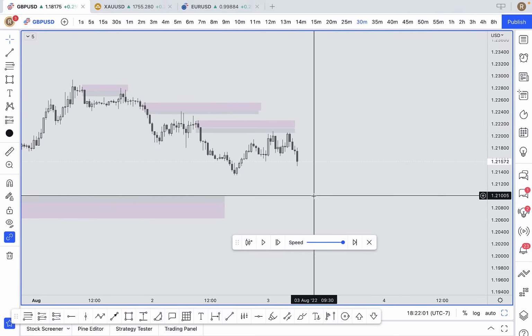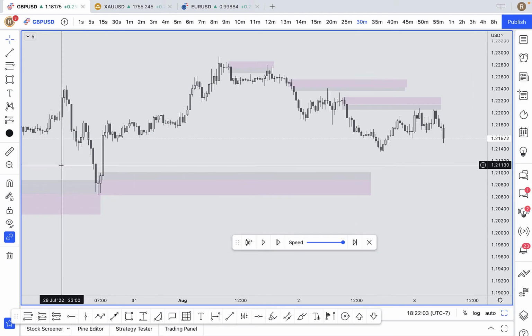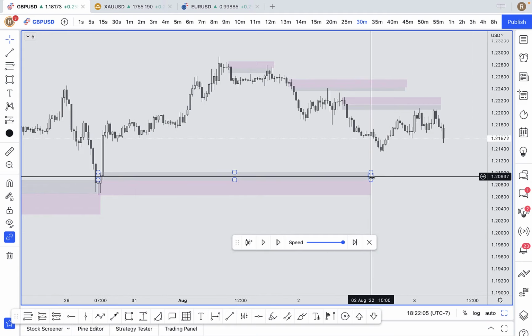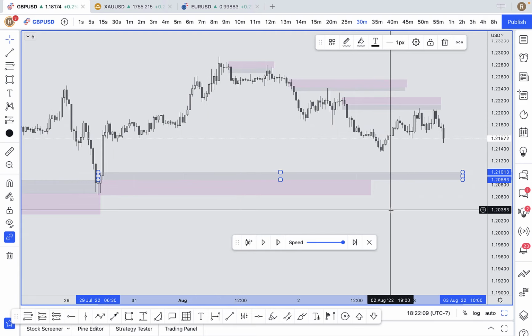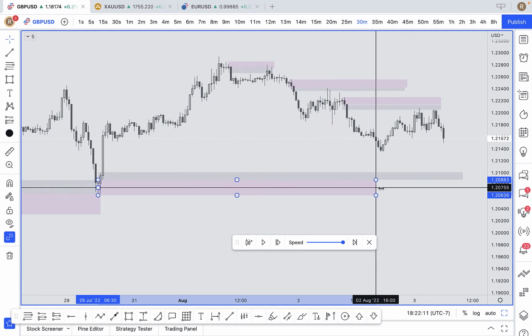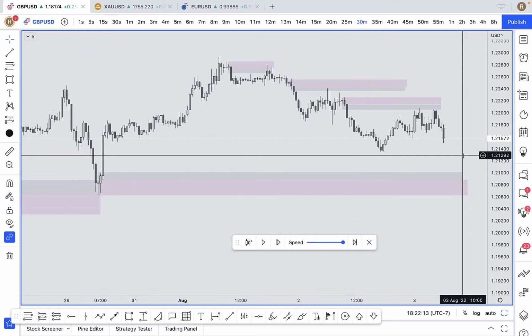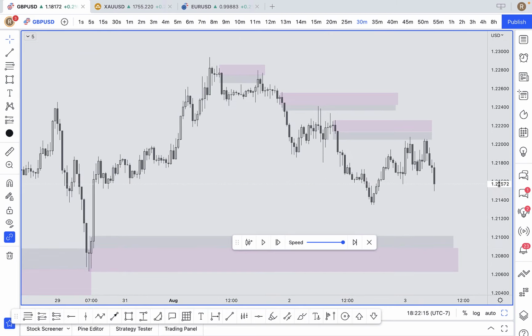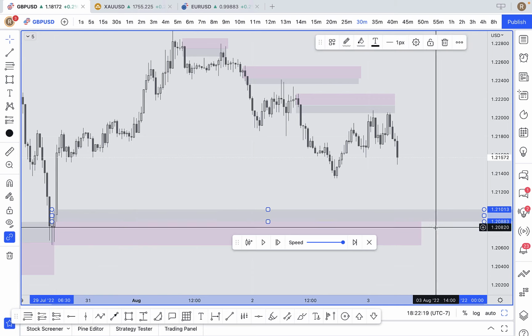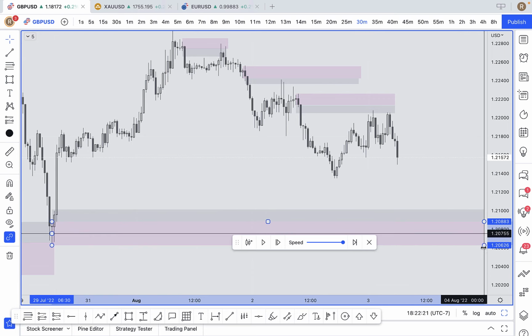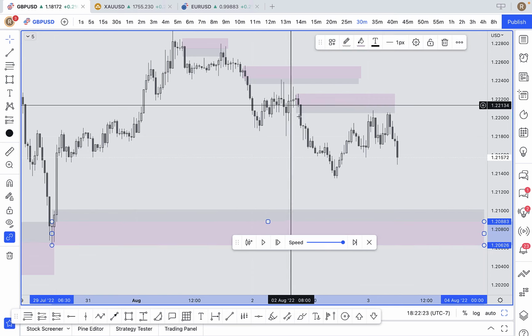So now we have a really good POI here. This one had wicks. This one had momentum. This one's got inducement up above. There is a good probability that we'll see a decent reaction from that. Even though we are bearish, there may be a buy opportunity off that. We won't be going too much into that, as I'm more just showing you what I look for